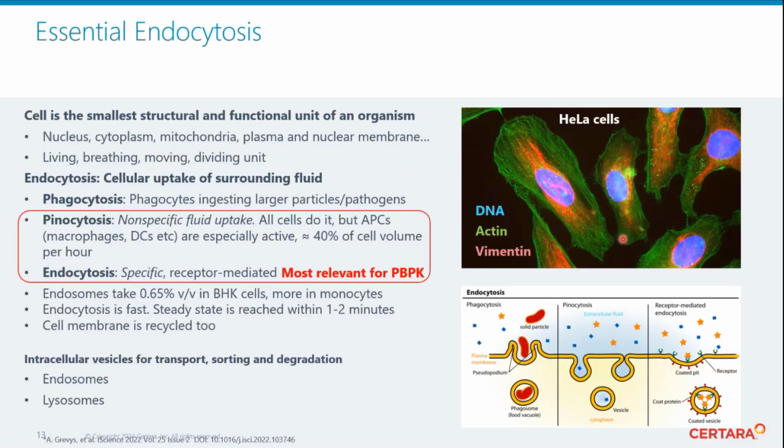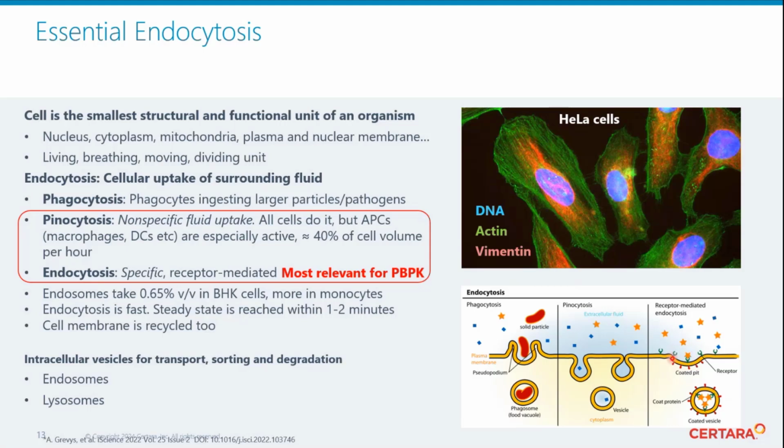So as far as this non-specific uptake goes, this is called pinocytosis. It's pinocytosis if it just takes small sips of surrounding liquid and then starts working on them inside the cells. That's what all cells do. It's basic cell biology. Every single cell does it, but some are more thirsty, like let's say antigen-presenting cells. Those take up volume equal to their own cell volume, let's say within a couple of hours. Others are a bit more frugal.